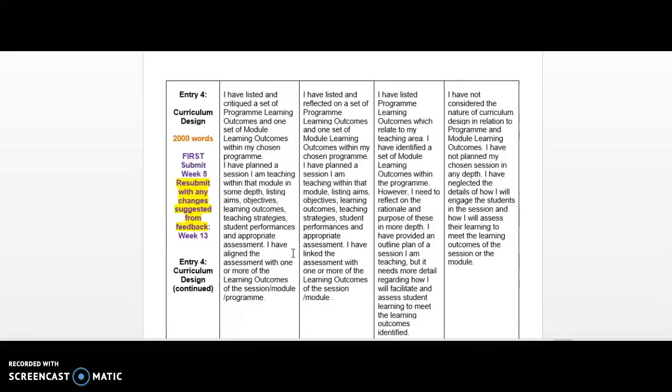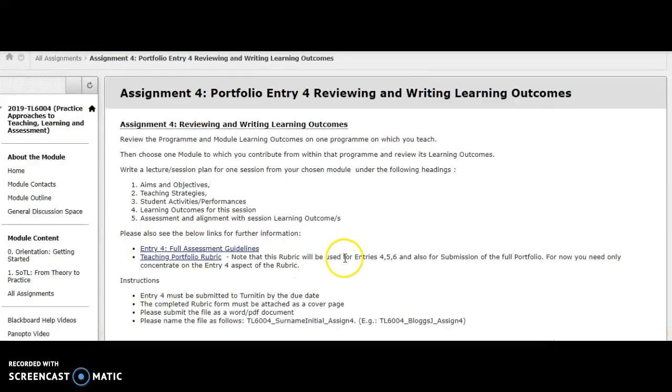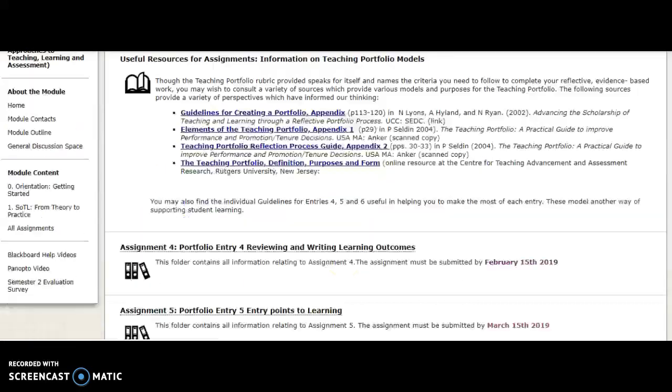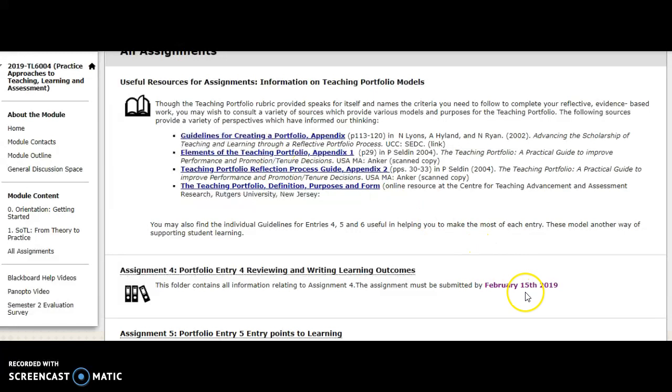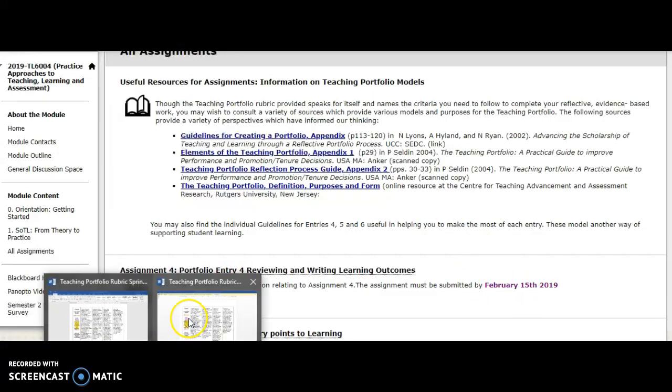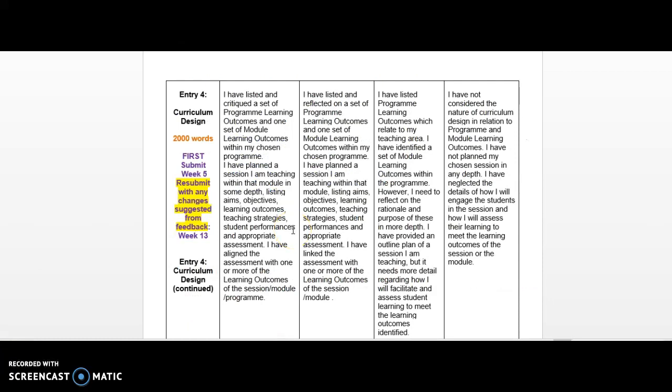Let's say we've come to the due date for entry 4, which is listed here as February 19. Okay, 15th of February 2019. So when you are completing that assignment, you do your self-assessment here, and you can see it's saying first submit week 5, so that's the date that's indicated. Then